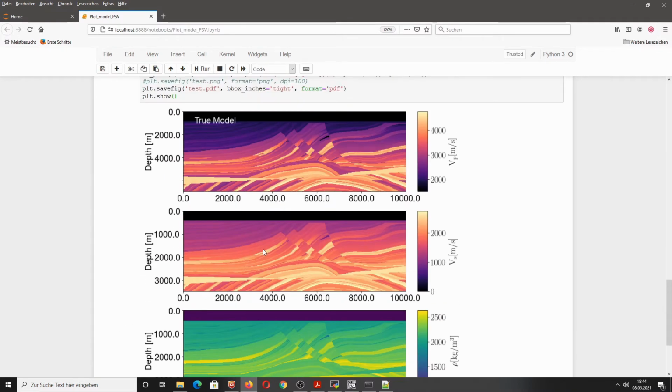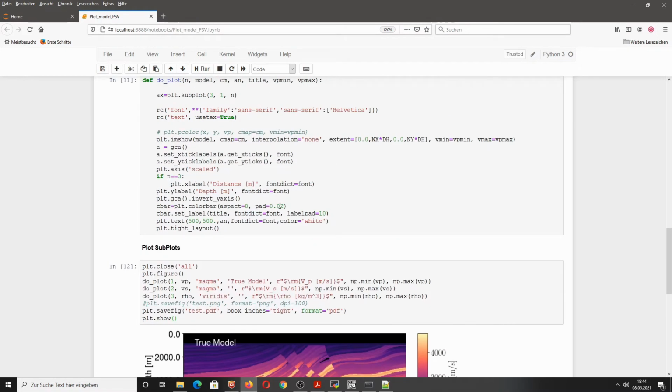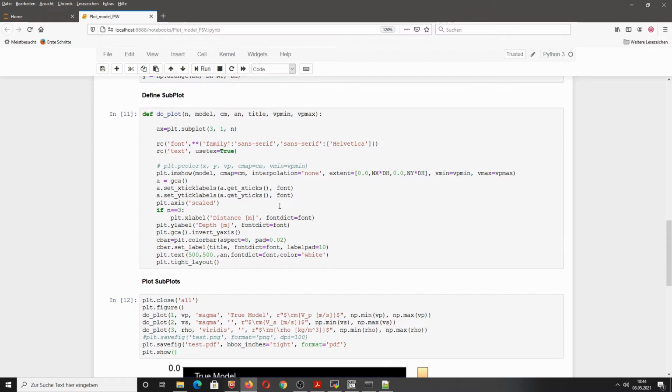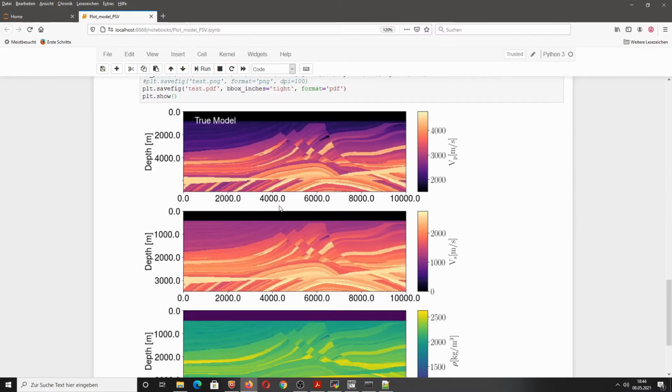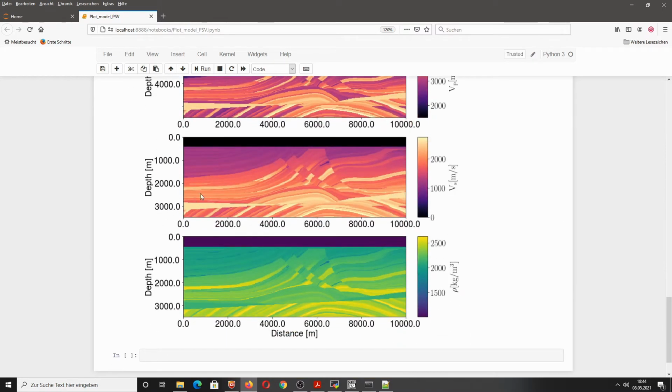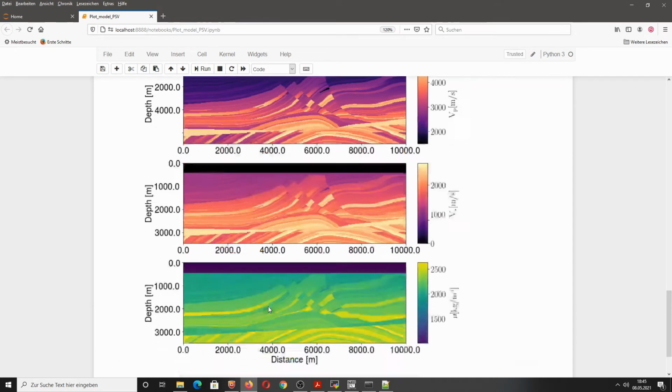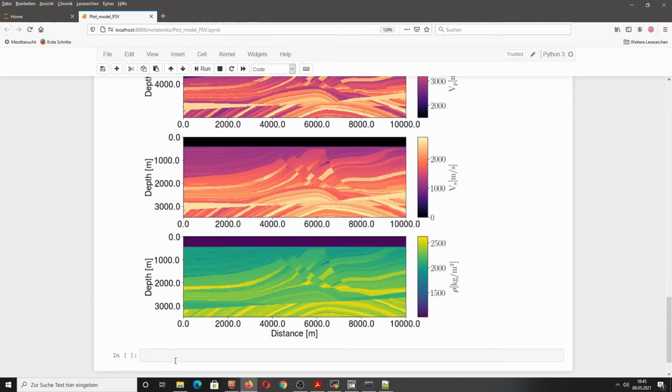There seems to be something inconsistent here with the y-axis, but you can take a closer look at what the issue is. It's just a simple check, so you can try to fix this later on. So now we know the model is correct. We have not checked if the acquisition geometry is actually correct. I will show how to do this in the next tutorial.